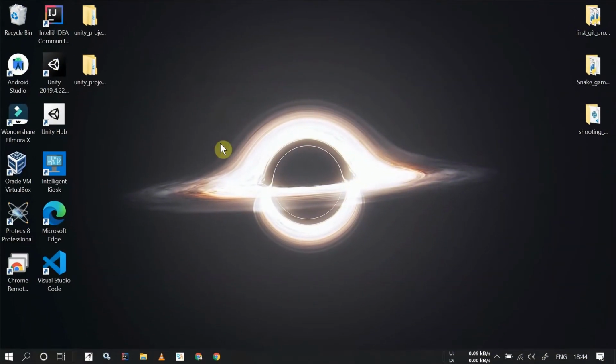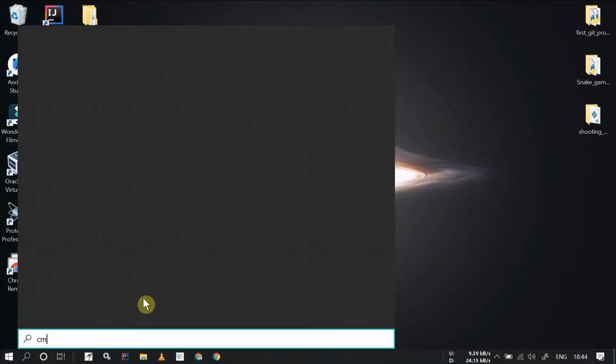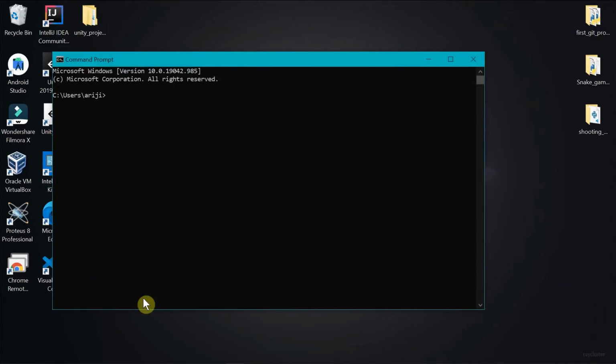So you need very few things to get started with Python. First, you need Python installed on your PC, and another thing you need is a code editor like VS Code, PyCharm or anything, which I recommend is VS Code. First go to command prompt and type python